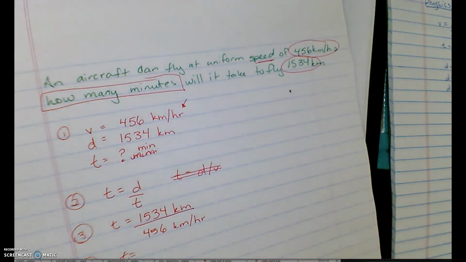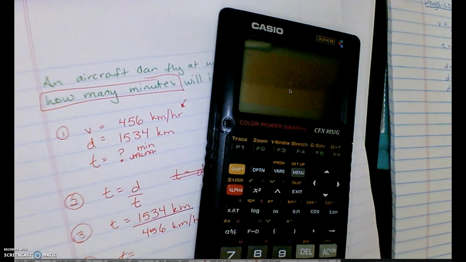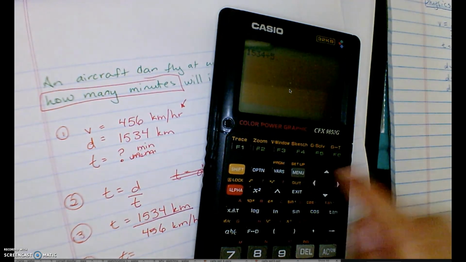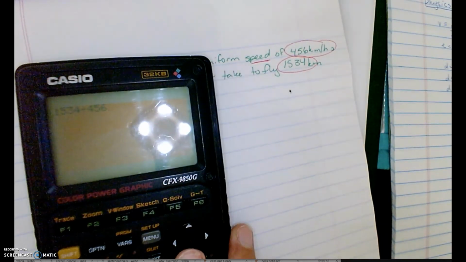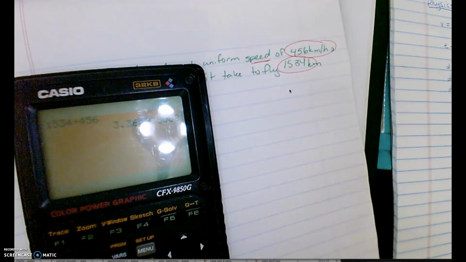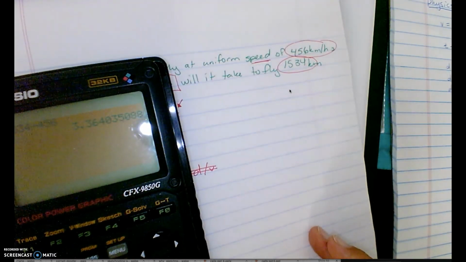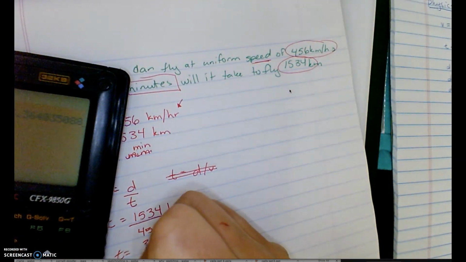Hello, calculator, where did you go? Here you are. 1534 divided by 456. See, this is why I love these calculators, if you mess up, you just push it back. Isn't that great? And you get this big, beautiful number. Let's write the whole thing down because Miss Bohaychuk said so. 3.3